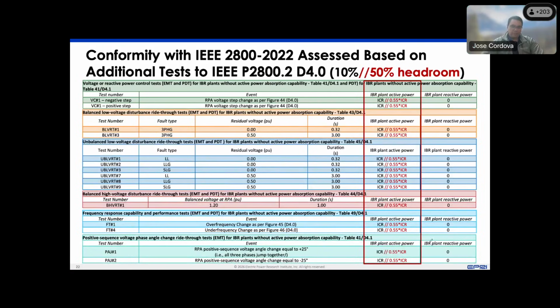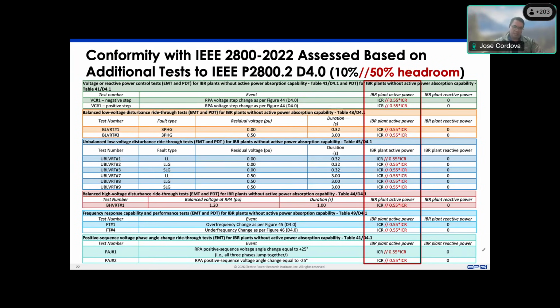So to try to answer the next question, and again, this is all just a brief summary of all the tests performed, and also some of the conclusions that we got there. And the report goes a lot more in depth. The question was, how much does it differ to have an IBR unit that is grid following or